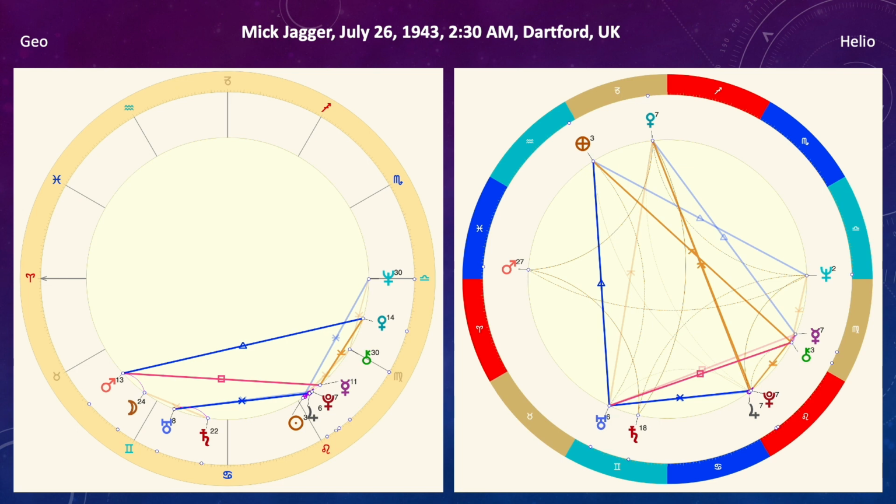Heliocentric chart often offers some additional details that help to get a clearer picture of the person's talents and achievements, and that happens in the case of Mick Jagger as well. Notice a grand trine between the Earth, Neptune and Uranus. A world-famous person with outstanding longevity. Jupiter-Pluto super success conjunction is even more precise here than in the geochart, and it participates in at least 2